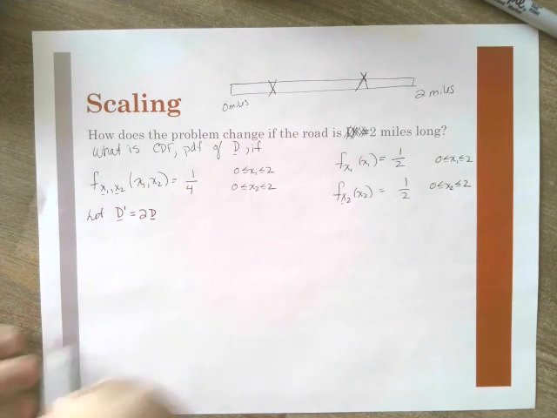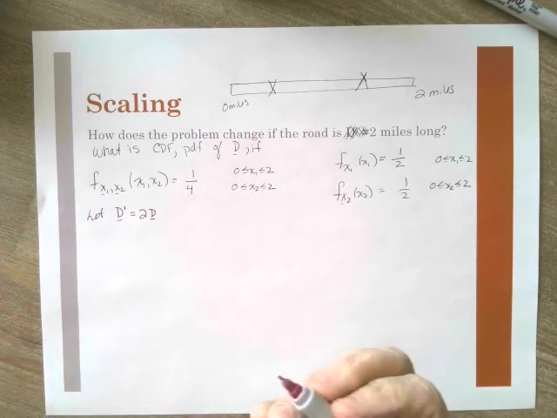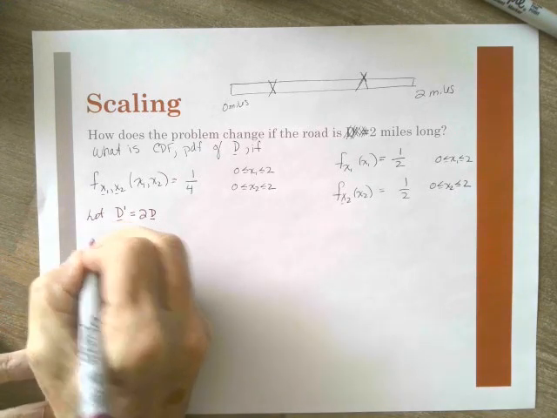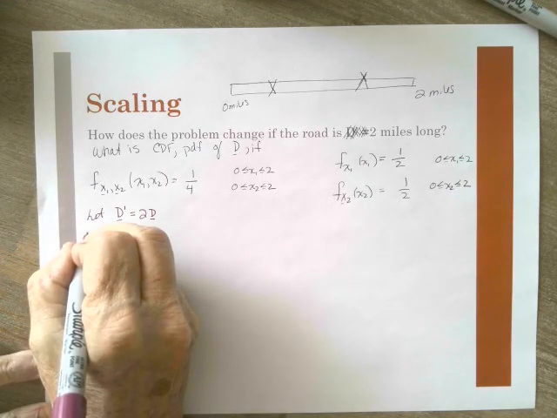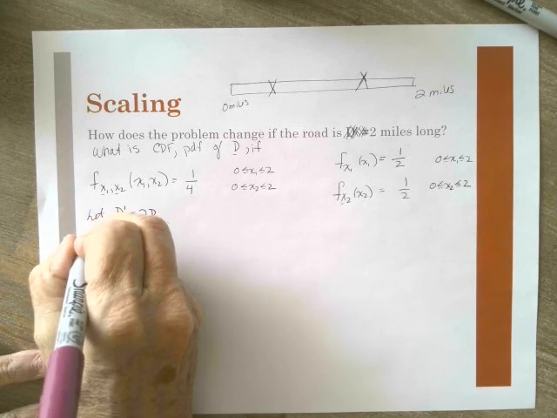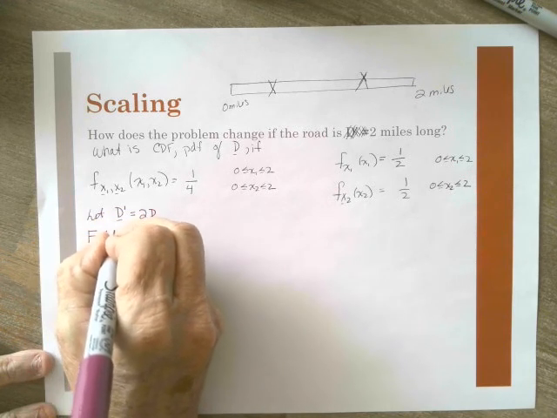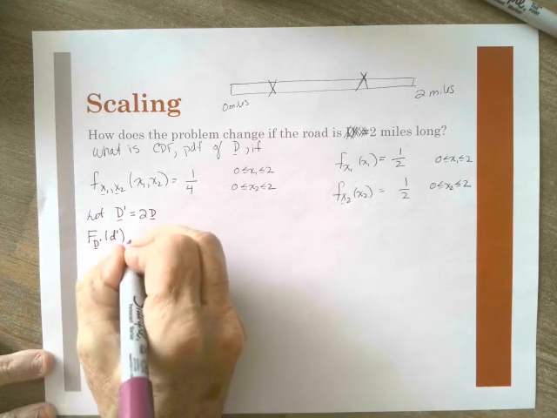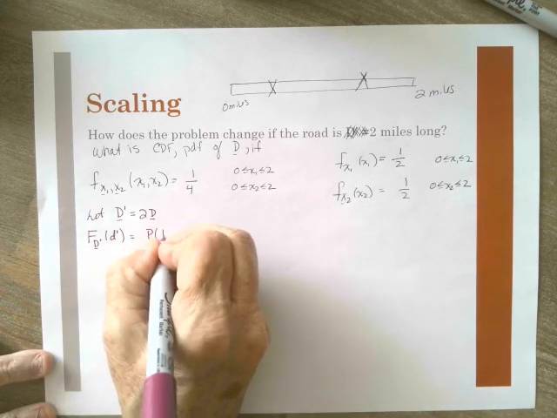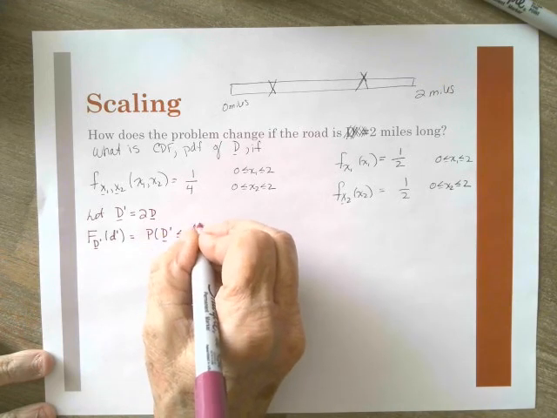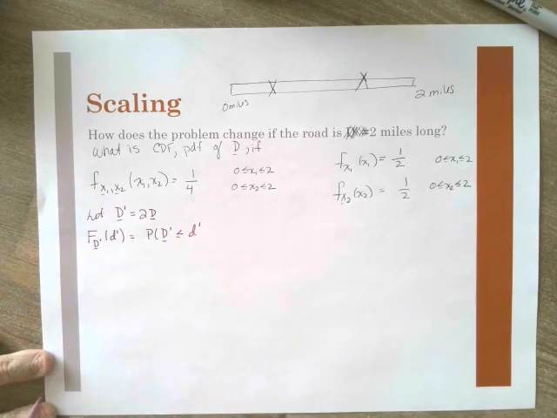Okay, so now I'm just going to do what we learned about in 385, if you took 385 with me. Now we want to develop the CDF for d prime. So capital F of my new random variable d prime